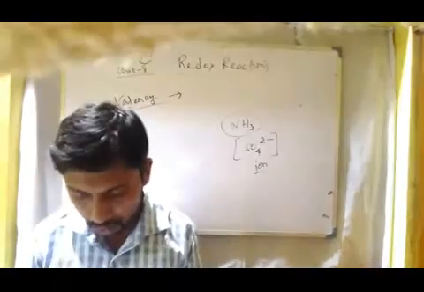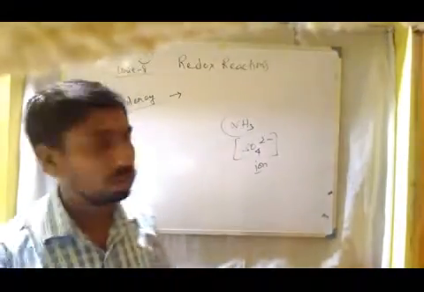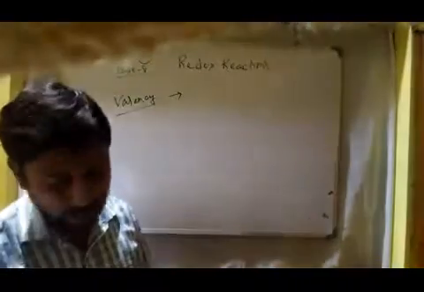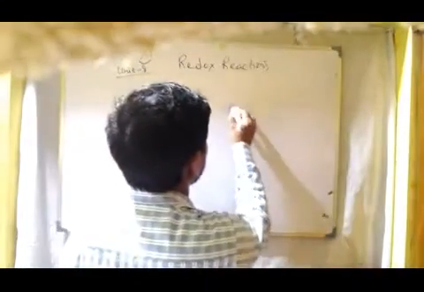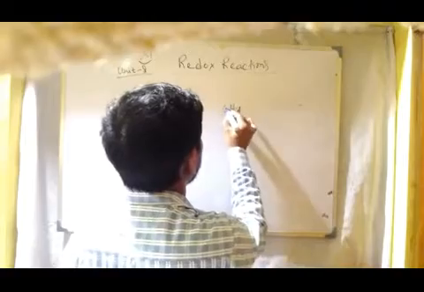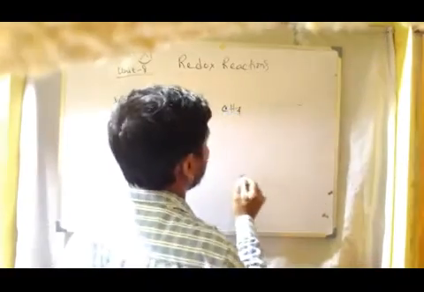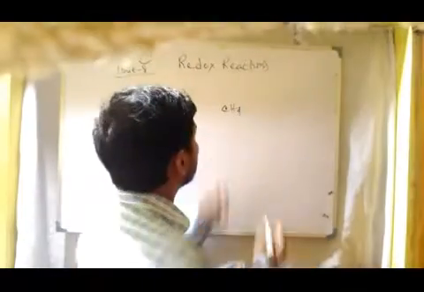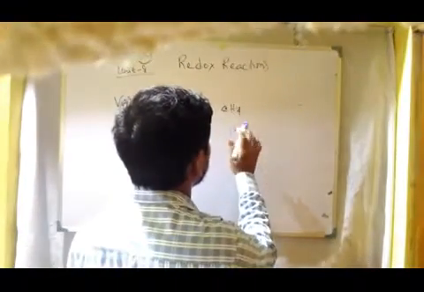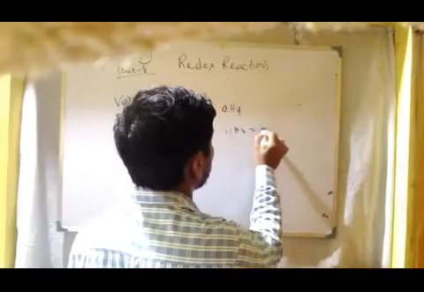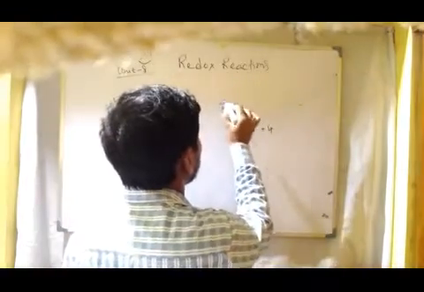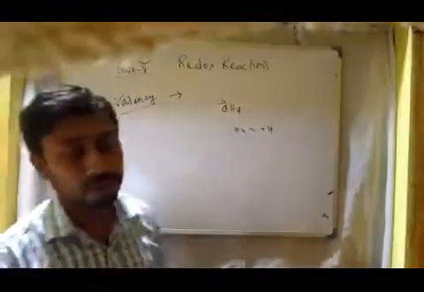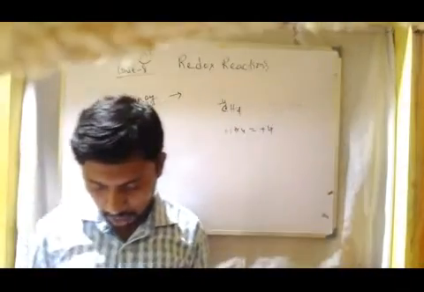Now coming to some examples regarding that. First example, that is carbon in CH4. We have to calculate the oxidation state of carbon. Hydrogen is more electropositive than carbon, so hydrogen has +1, so +1 into 4 is +4. As it is neutral, it will be -4. So here the oxidation state of carbon is equal to -4.